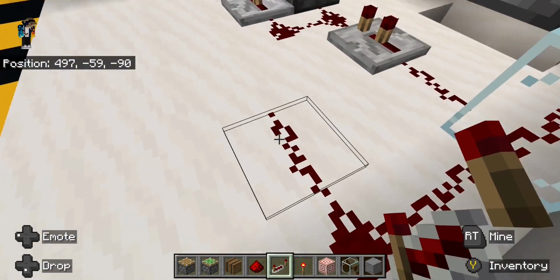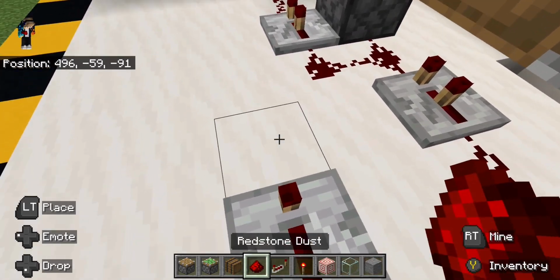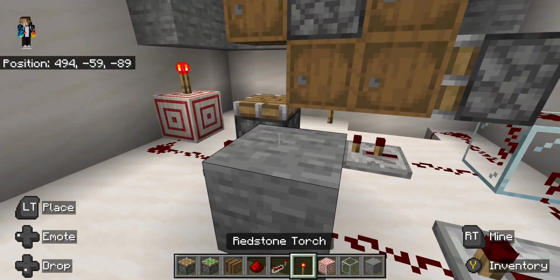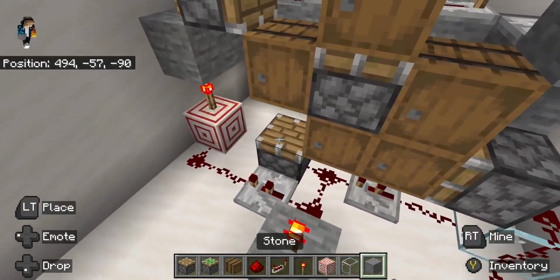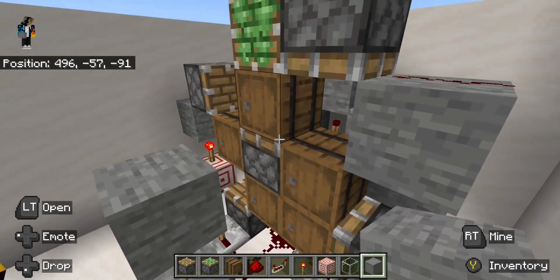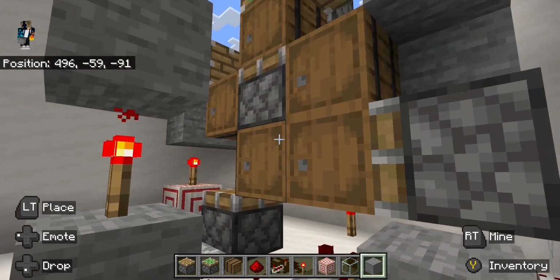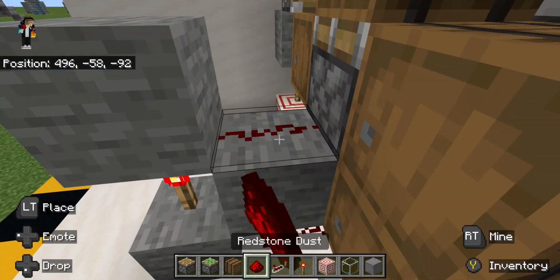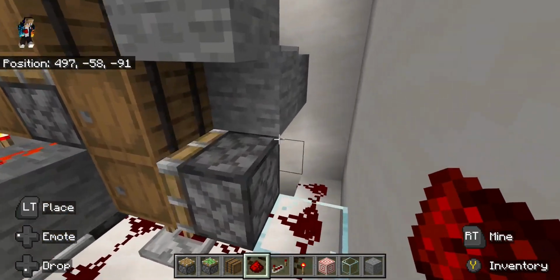vortex right here, actually, and then here, and then you're going to want to go ahead and take a stone block, a redstone torch, and then another normal block. It doesn't really matter what block, it just has to be able to conduct redstone. And then put a normal block right there, and then dust, and then find your button,